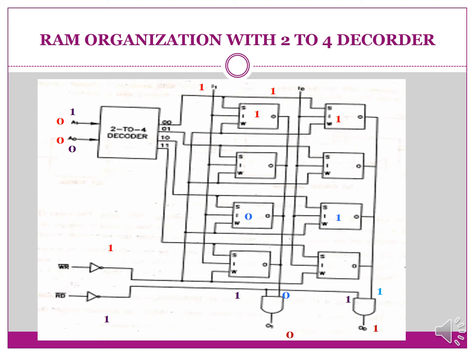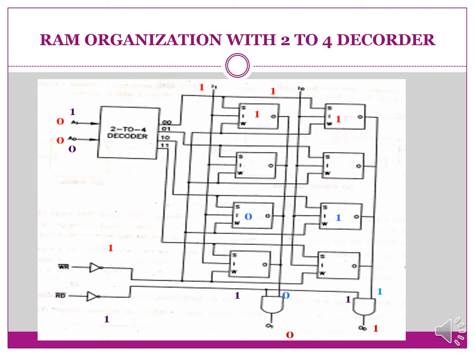Here we are using a RAM organization chip symbol: select, input, write and output. In one row we are using 2 chips. So in one chip we can store only 1 bit, because it is a flip-flop, so it can store only 1 bit at a time. We want to understand this organization by giving one example.